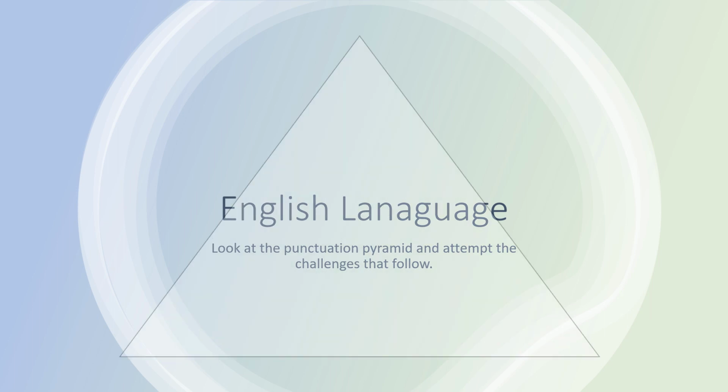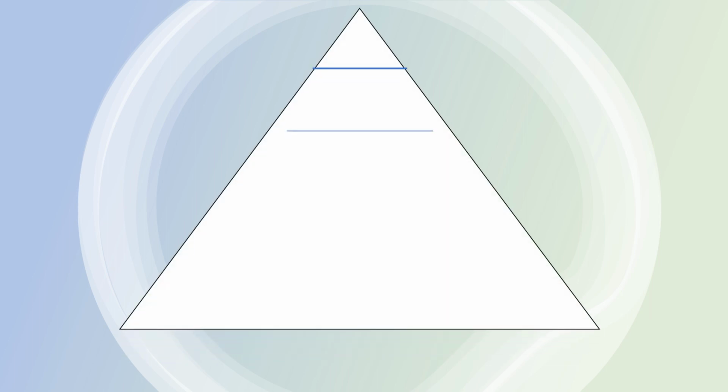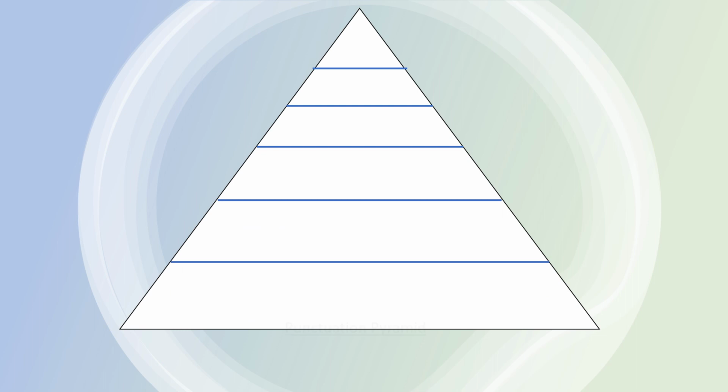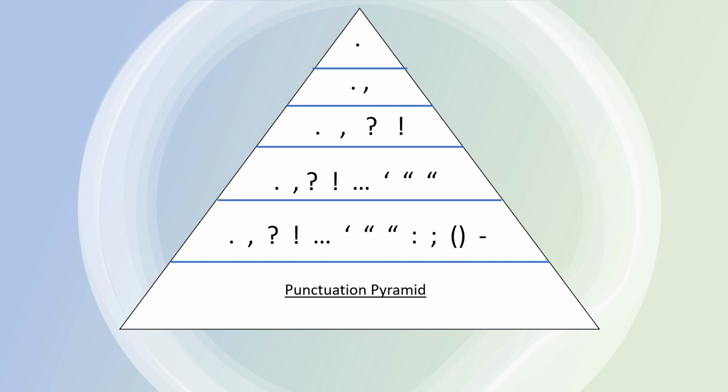So the punctuation pyramid then, hopefully you're aware of this, we've gone through it quite a few times now, will look something like this, and the name of the game would be, can you get all the way to the lowest section of the pyramid? So if you think about the first 3, for example, you've got full stop, comma, question mark, and exclamation mark. This is what I would consider to be low level punctuation, the kind of thing that I expect at a key stage 3 level. So in order to get a higher mark at GCSE, you need to try and get to the bottom level and use things like your ellipsis, brackets, colons and semicolons to ensure that you're going to get a good mark for your technical accuracy.